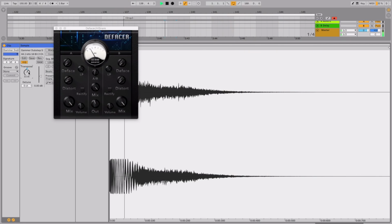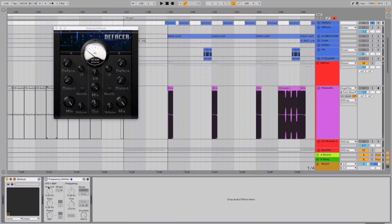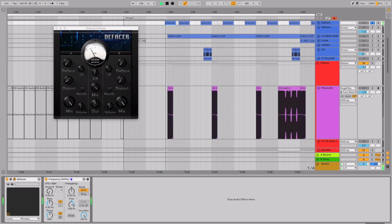Again, really subtle. I started using frequency shifter to re-pitch my drums. I don't know why, but the slight aliasing on the sample actually kind of... So over just using the normal transpose? Yeah, because if I transpose it, it's fine, but with the frequency shifter, it's kind of like the disperser effect. You get this weird...